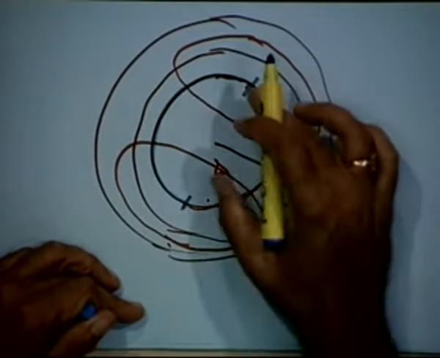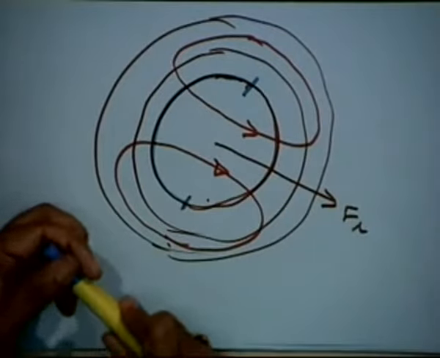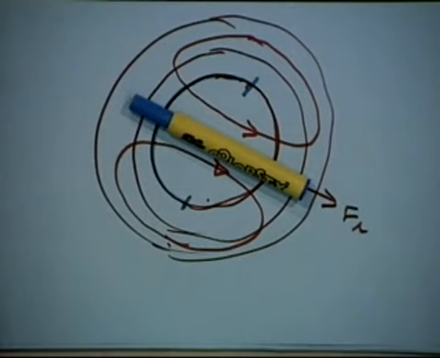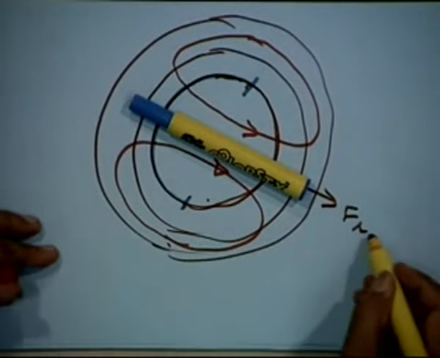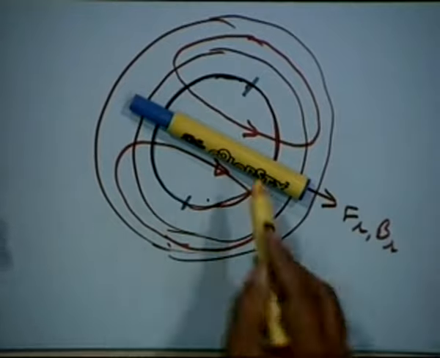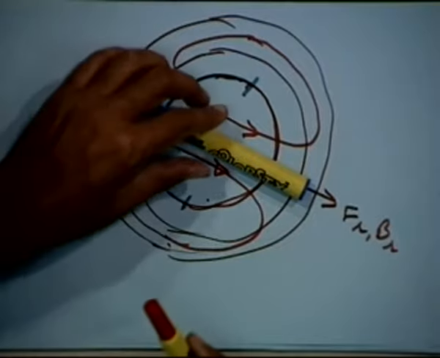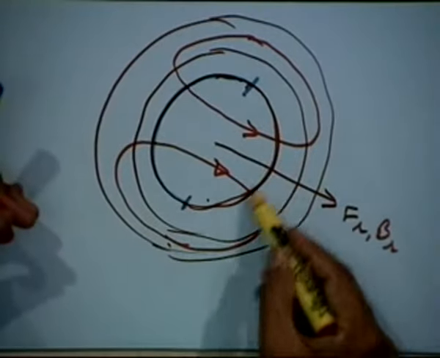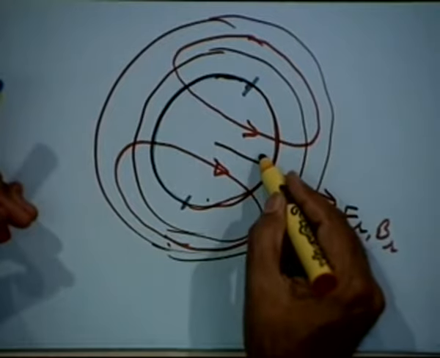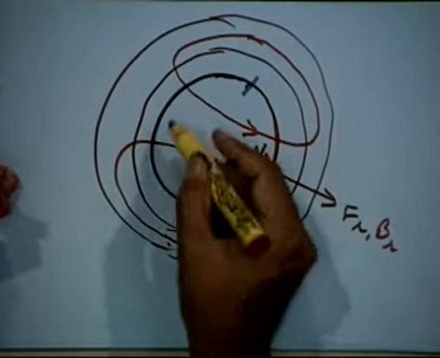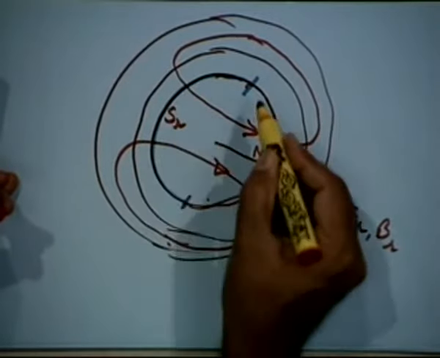Let us say I have placed a magnet like this, which will give you an MMF FR and the flux density BR, but it is placed like this. So now we must be clear which is your north pole and which is the south pole. Which is the north pole here at this surface? This is the north pole, right? Because the flux is now leaving this. So the north pole of the rotor is here and the south pole of the rotor is this portion.